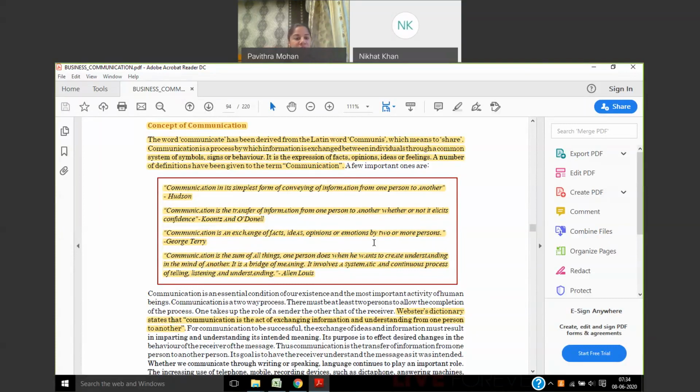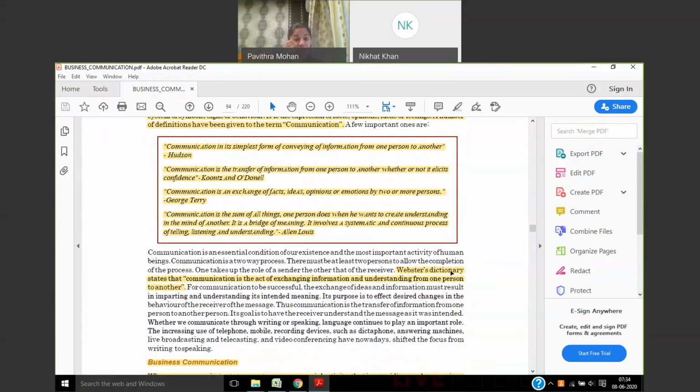It is not just understanding the information. It is all about a systematic and continuous process where I'm telling, I'm listening, and I'm understanding other people who are trying to express what they want to tell. Okay, then